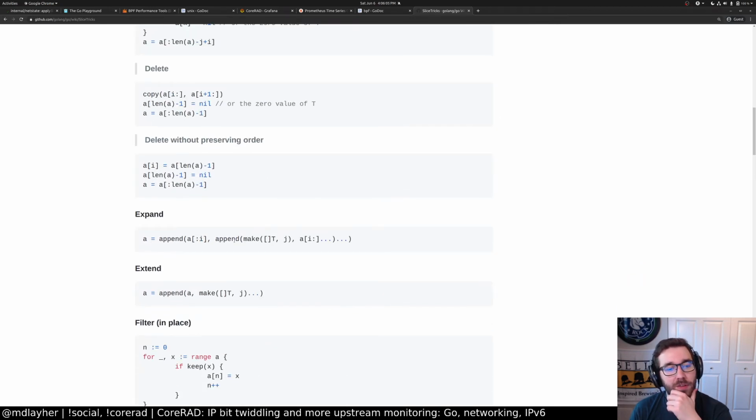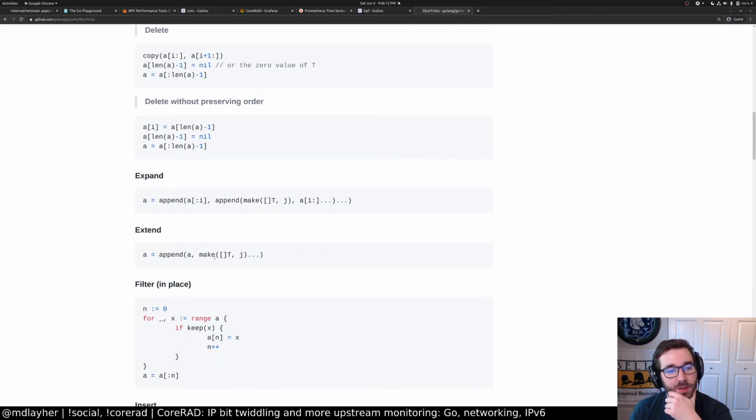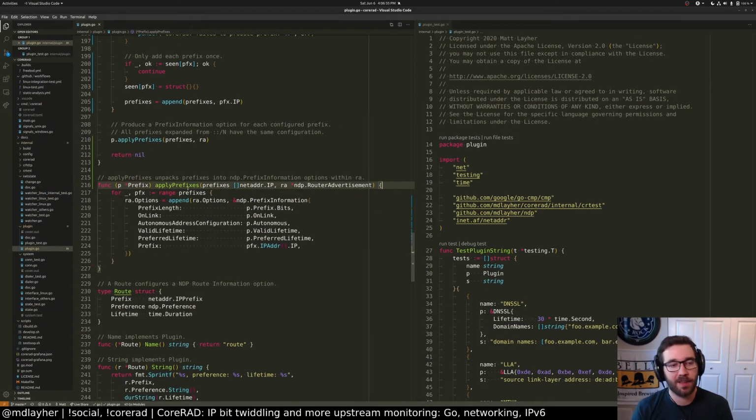Expand. Okay, here we go. Extend. I think this is roughly what I want. So we append A with empty space and then append into it directly because we'll have the space allocated already. Check if cap is big enough in reslice, else allocate a new slice and copy or use some append magic. Yeah, I think this is exactly what I want. I want to be able to extend it this way. So I just go ahead and append it with make space, because make will allocate new room for it and then it'll all be written in place. So I think that's exactly what I want.